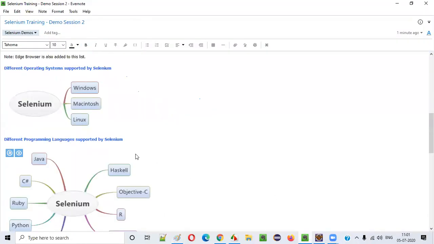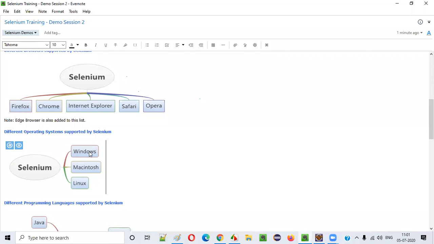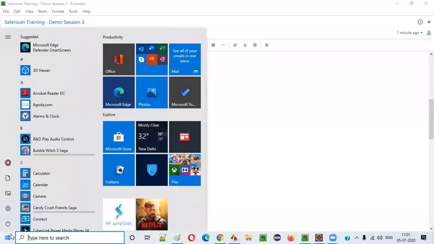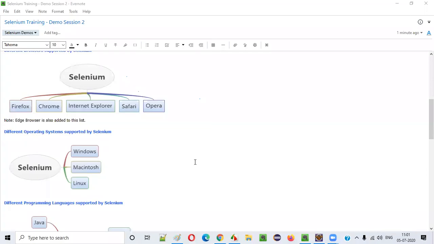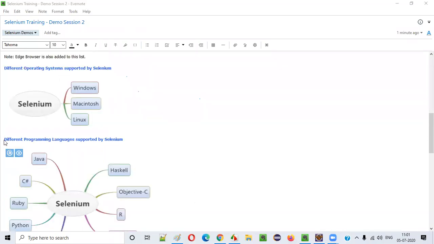Anyhow, in my sessions, I am going to choose Windows because most of the people choose Windows, right? We'll be automating and learning things on Windows. So my trainings will be completely based on Windows. The machine I have is a Windows 10 machine, and from this Windows operating system machine, I am going to explain you everything on Selenium, guys. Fine. Now coming to the programming languages.